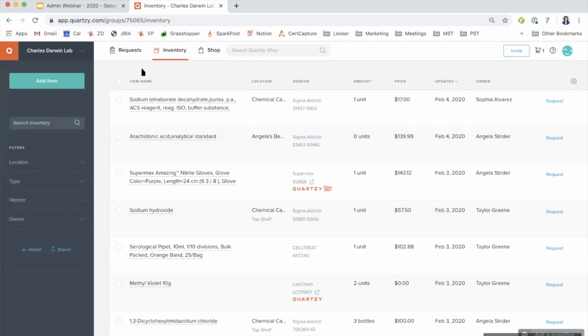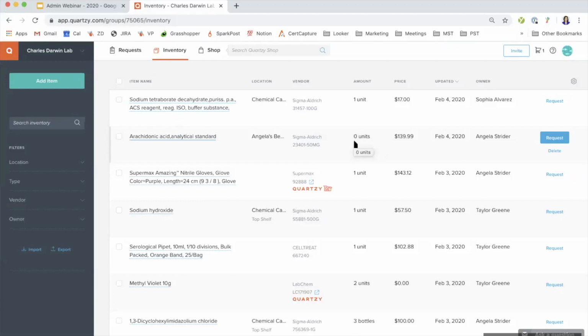Okay, and then T. Archer is asking, is there a way to make an item, a chemical for example, as depleted or discarded, but have it remain in the inventory for historical reference? Mm-hmm. So that's when you would see something like this, you might see that there is a 0 units. There is no more inventory left of that item. That's one option, is just deplete that stock, show it as having 0, and then that lets people know that